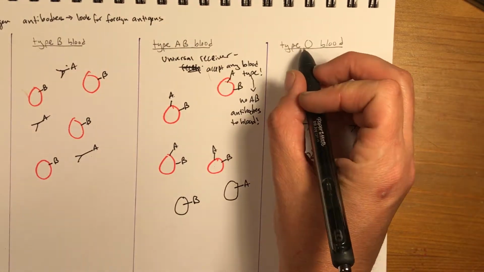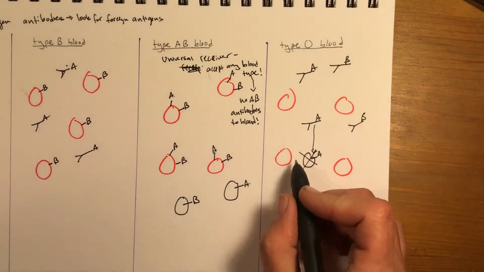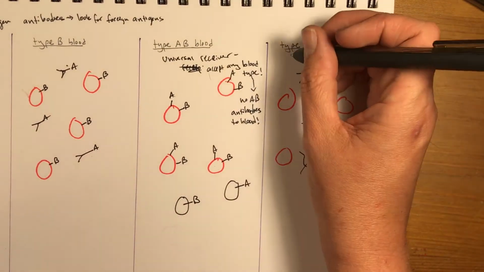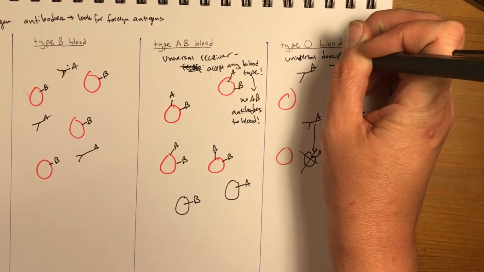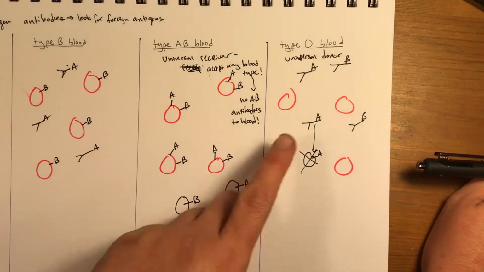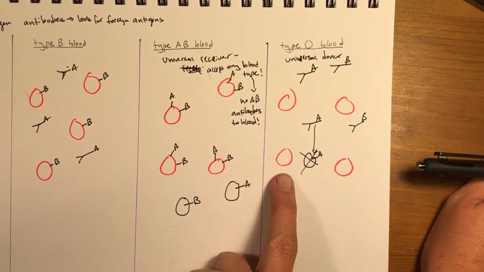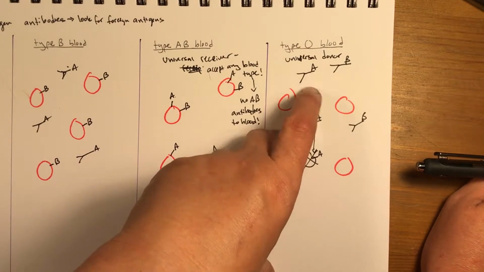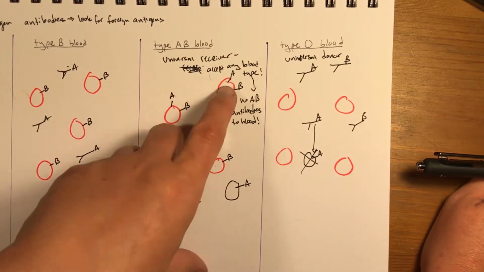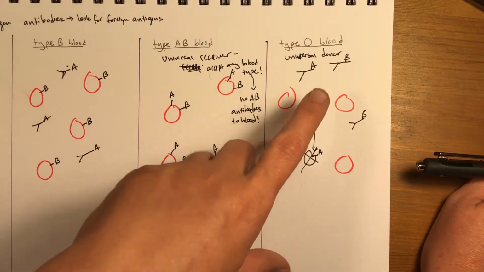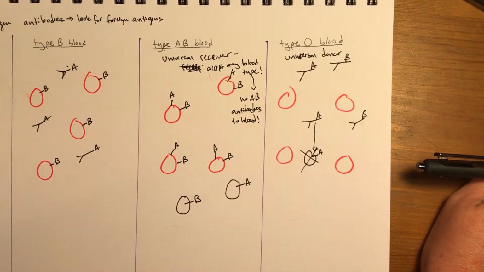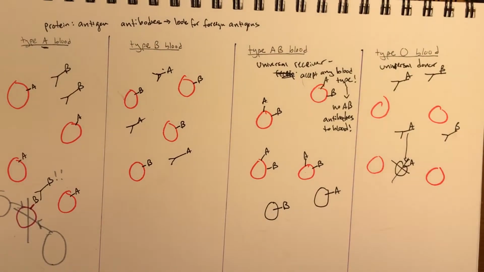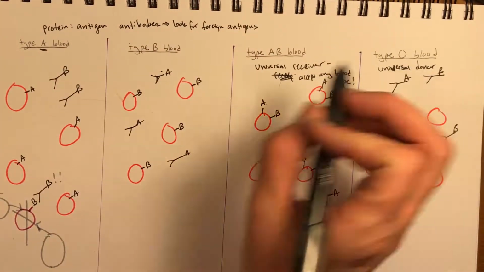Okay? So type O blood, since it has no markers, can be donated to anybody. So this is a universal donor. Universal donor. Okay? Because when you give blood, again, the antibodies aren't involved. It's just the blood cells, okay? But when you receive blood, what you worry about is what antibodies you have that the blood cells coming in could attack, okay? Because if your own body attacks blood coming in, you could die from organ failure, from agglutination. So, yeah, that's the base. So that's the ABO blood system.